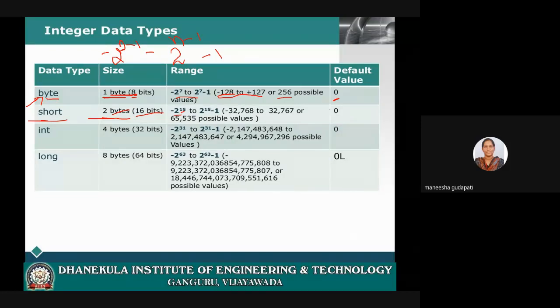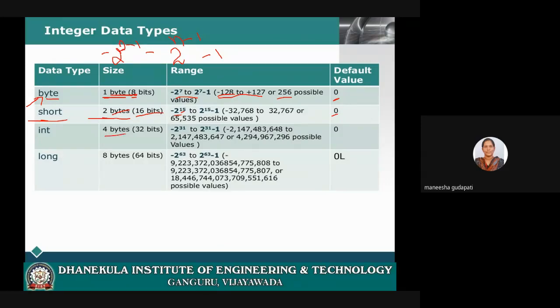So here also, if you declare any variable as short, the default value will be 0. Remember this. But in C, the default value is garbage value. Whereas in Java, the default value will be 0. And here, int occupies 4 bytes of memory location.